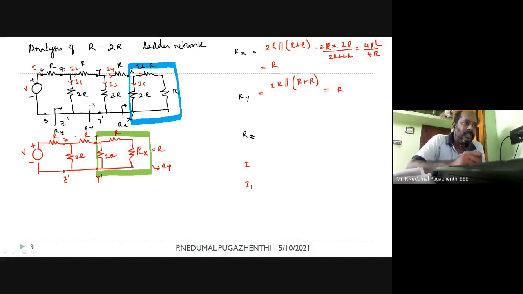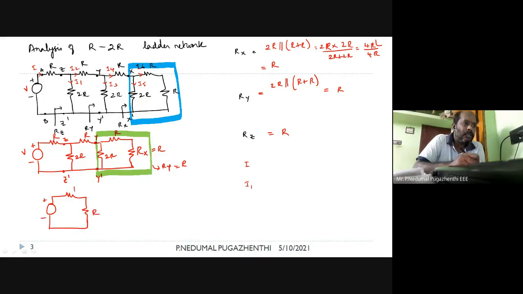And if you see the next unit cell, again you will get the same. Am I right or not? Accepted? Yes, Ry, sir. I will get R. If I replace that unit cell available in the green box with Ry, I will get an R there. Again, it is going to be a replica of the previous step. So what is Rz then? R, sir. Exactly R.